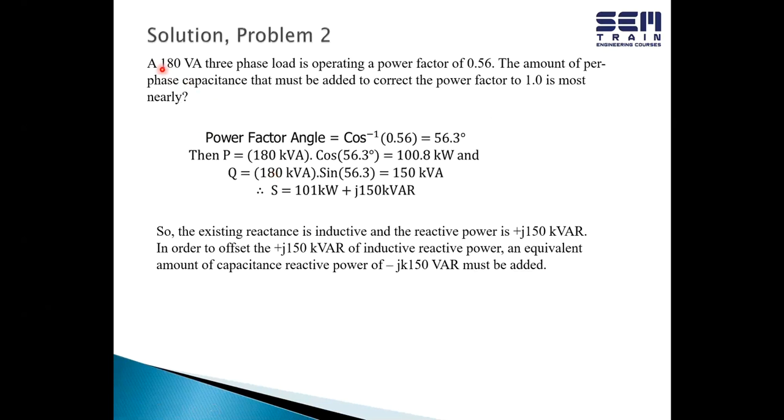So basically, you take your S and convert it into the P and Q values, or basically find the Q value by using this power factor, knowing that Q would be S times the sine of the power factor angle. The power factor angle is 56.3 degrees if you take the arc cosine of 0.56. Then you take the sine of that and multiply it with the S, and you would get the Q value, and that is 150 kVA. So if that is 150 kVA, then